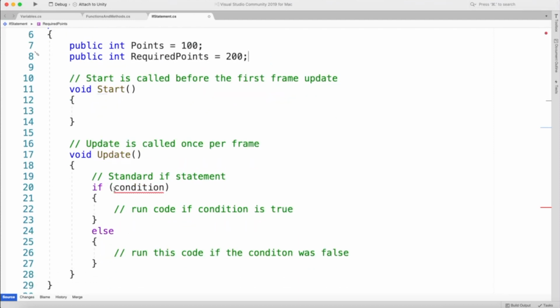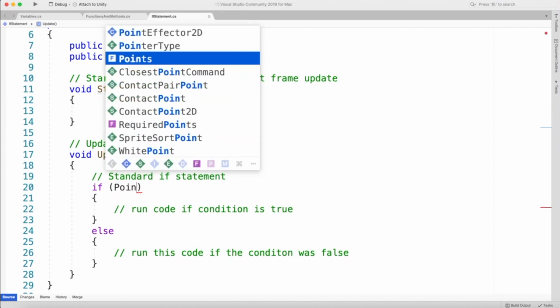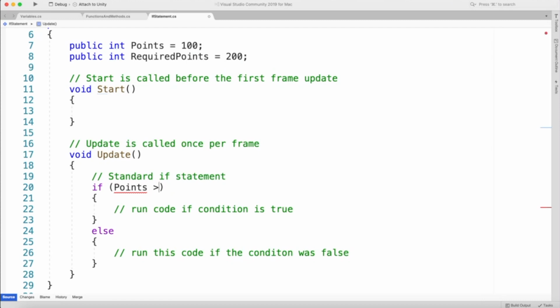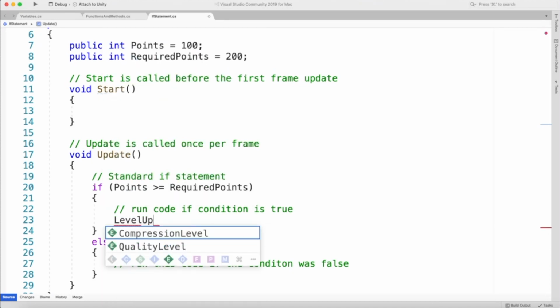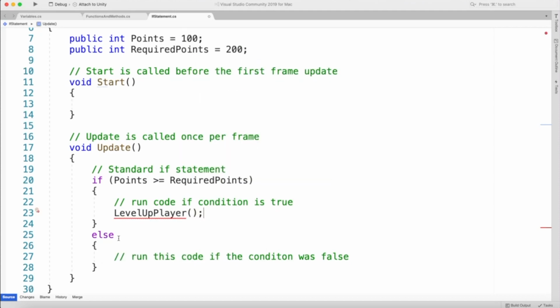So for my condition, I can check, has my points reached my required points? Instead of writing the word condition, I would write the points variable, and once this is greater than or equal to our required points, if this becomes true, then let's say we're going to go ahead and level up the player. So maybe you would run a custom method here, level up player, and this would run. And then else,